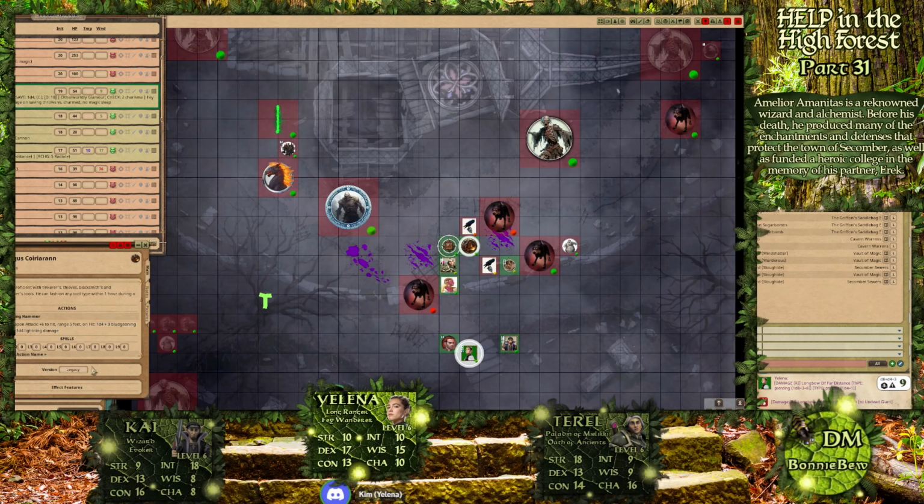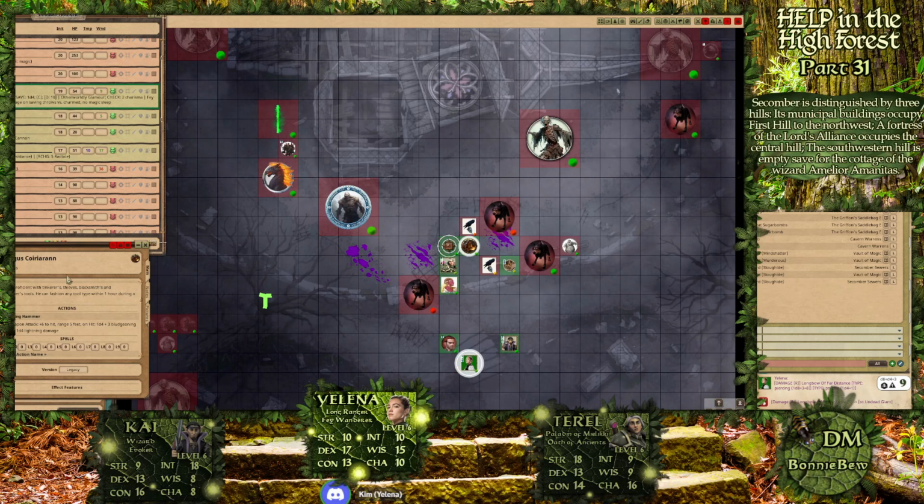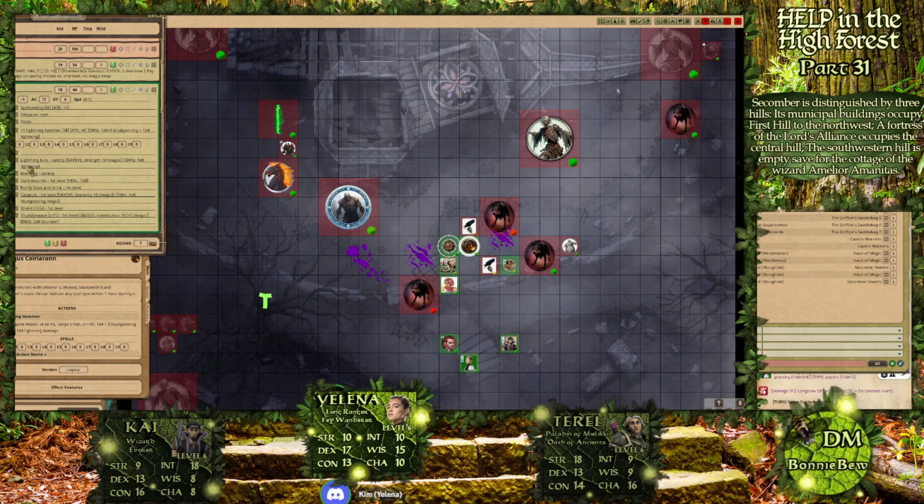All right, center yourself on one of the squares. Am I not on the square? You're like on a line. There you go. There we go. Okay, and that's your turn. That's my turn. So we'll move on to Sygus. Sygus, he is going to...